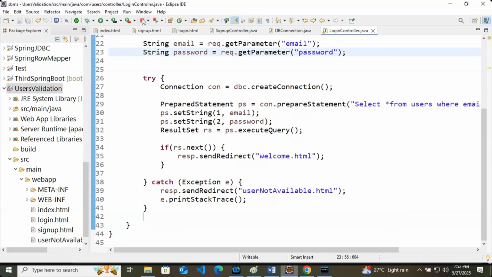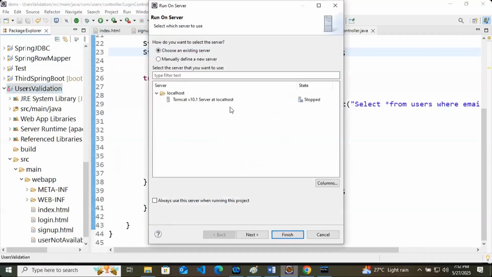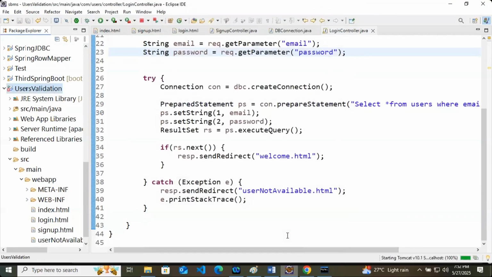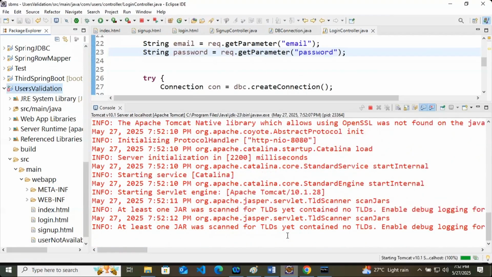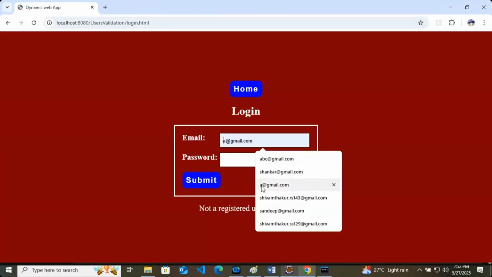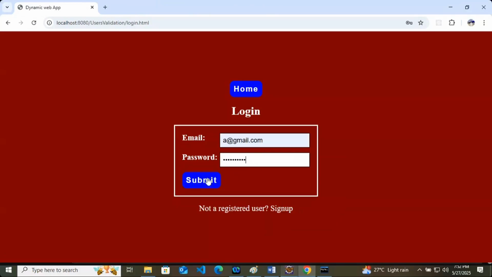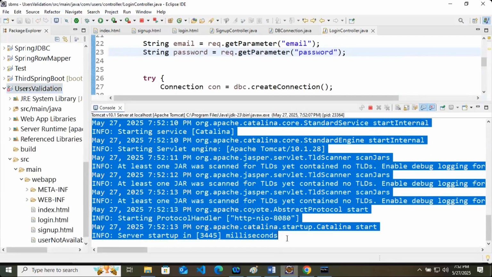We'll restart the application. We'll log in again with any random value. Still we are not getting that. No problem. Let's check the data here. Here we are not getting any error.